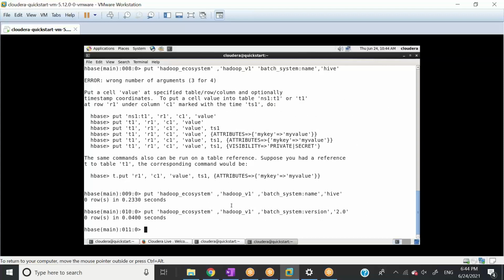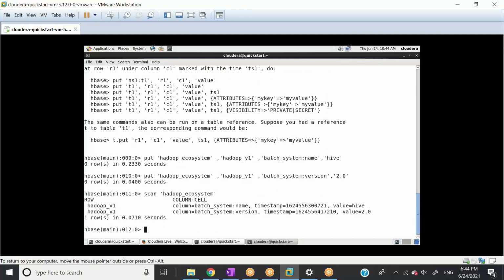So now you know that we have two column families. One is called batch system and another is called streaming system. Let's say we want to see the data we have inserted so far. So we need to say scan, and then the table name. What's the table name? Hadoop_ecosystem.